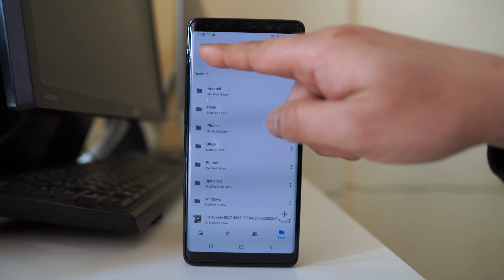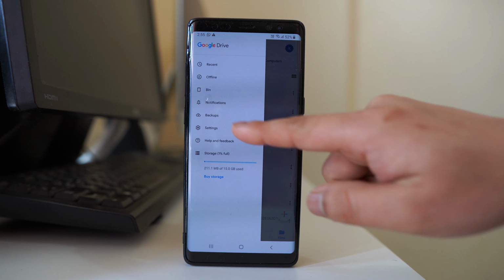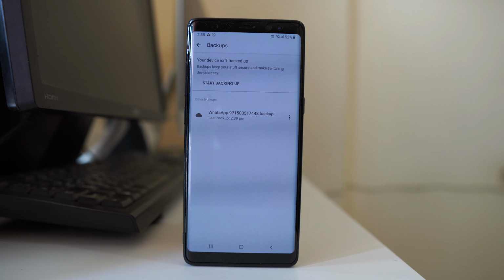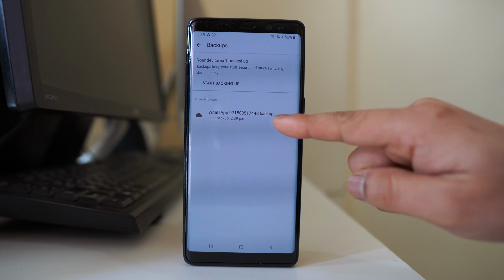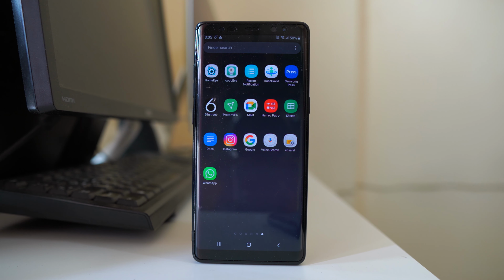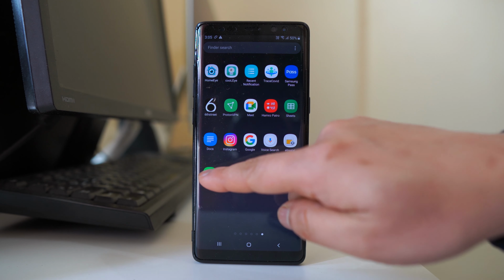Then go to this menu button, go to backups, and if you have the backup done, then it will show the backup here. Now suppose you want to restore your WhatsApp chat in another device, or you just uninstall WhatsApp and then reinstall it in the same device and want to restore the backup chat, then what you do, open the WhatsApp